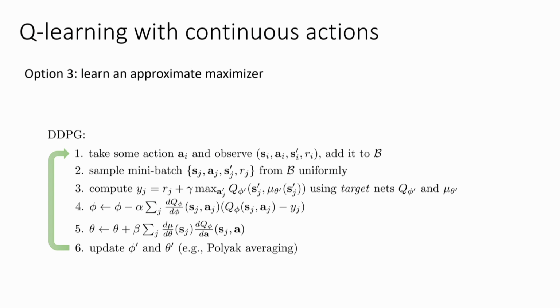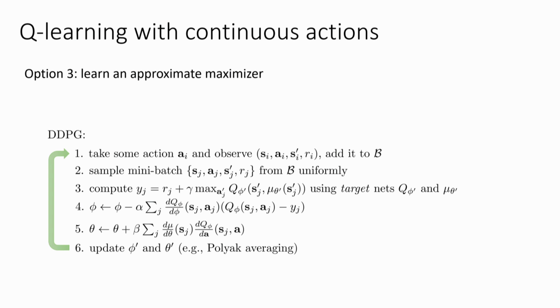Yes? Could you offset the overestimation of the Q networks by not using the actual action outputted by the policy, but the noisy version of it? Right. So the question is, can you offset the overestimation from your Q function by not plugging in a good action and instead plugging in a worse action, like for example, adding some noise to it? You absolutely could. In fact, later on in the course, we'll learn about maximum entropy reinforcement learning methods that intentionally produce policies that are more random than they should be, and part of why they work actually has to do with this question. But it's a somewhat nuanced topic, so I'll leave that discussion for later.